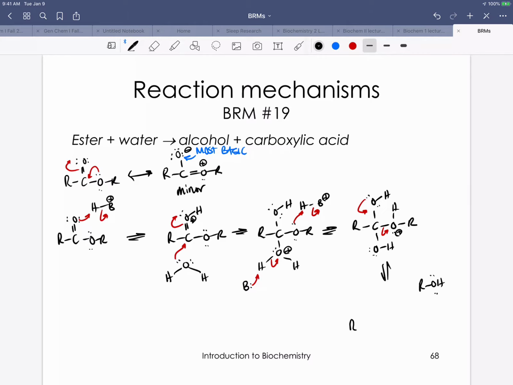And then our protonated carboxylic acid. It's easy to have this be deprotonated here to generate our final product, a carboxylic acid and an alcohol. So here's our carboxylic acid, here's our alcohol, and I'm just going to highlight here that we will be left with